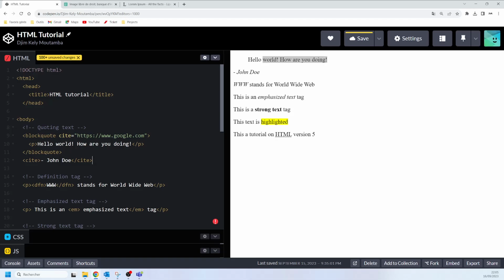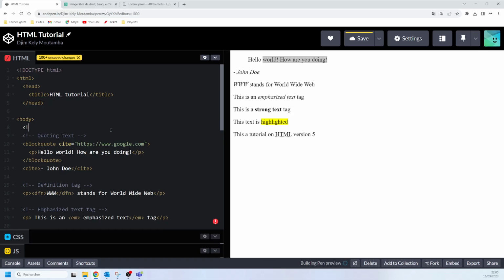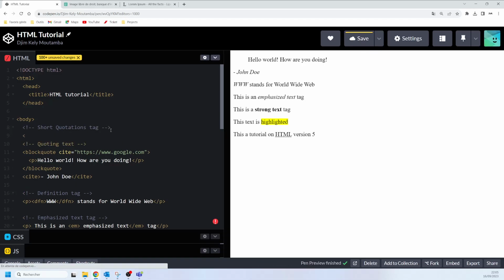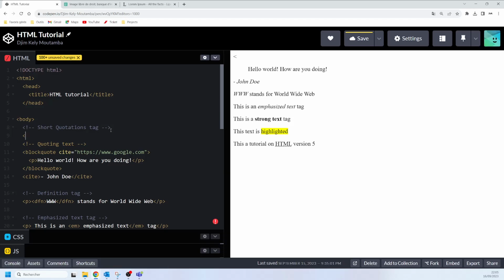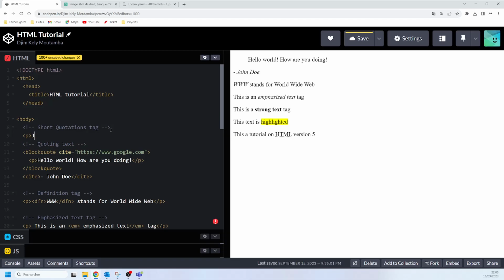So that's actually what you can do. Let's say you want to write some short quotations. Okay. So an HTML tag element for short quotations exists. So it allows you to define a short quotation. So let me just write here a comment. I will say short quotations tag, and then here I'm going to write P like this, and it will say John Doe said,